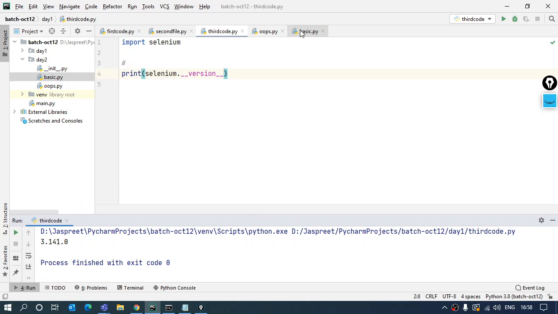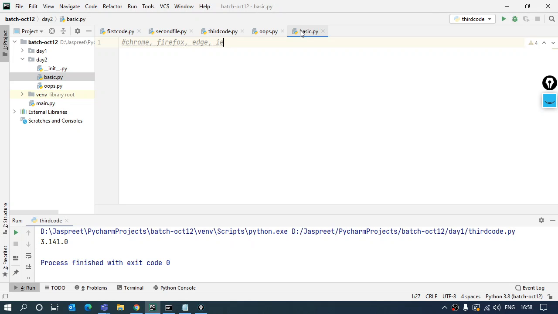Now what I need to do is, with Selenium, I want to open different browsers. There are a number of commonly used browsers, like Chrome, Firefox, and Edge. IE is now deprecated, I hope, because no one uses it. I also got some news that IE is deprecated, so it will not be in use, but people can still use IE, and I'll tell you what changes we need to make for the default browsers. Likewise, we have Opera and others. So I need to open some browsers now. How will I be able to do that?